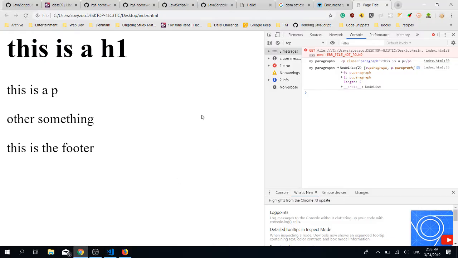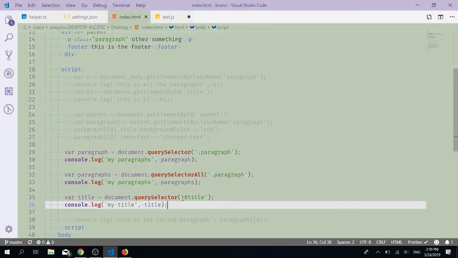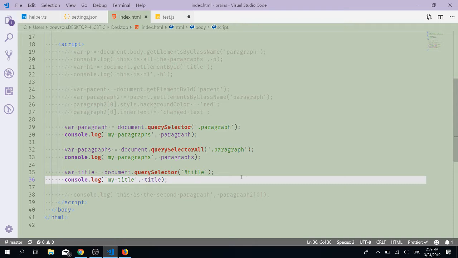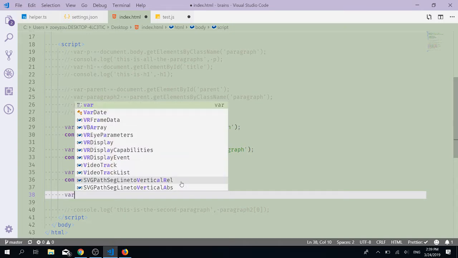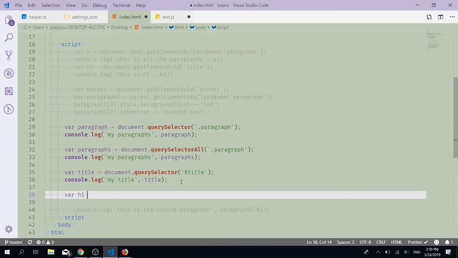Okay, so let's just look at this first. See here, I get my title. And if you look at the syntax, I give it a hash instead of a dot. So this means it's an ID. This means it's a class name. It's actually the same as when you're writing CSS, you also do this, right? So it's the same. And then when you do the tag,